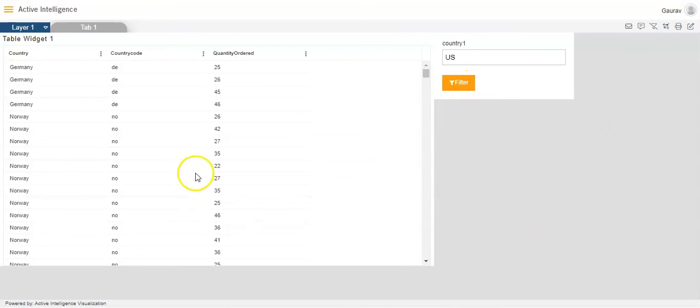And now you'll see that you'll be able to see the data for all the countries except the countries having letters US, which means you will not be able to see the data for the countries having the letter US. Other than that, you will be able to see the data for all the countries. Now, why is this happening? Because in the condition, we selected not like instead of like, and because of which we will not be able to see the data for the countries having this letter which we just now have selected in this filter content area. So this is how we can apply different multiple conditions in the filter in a widget in the dashboard in AIV.